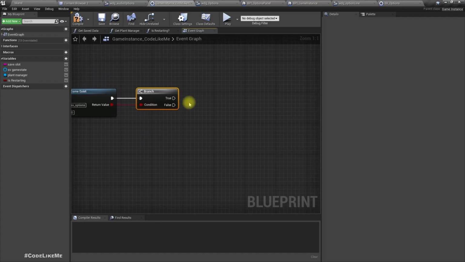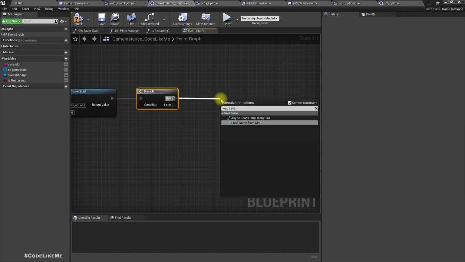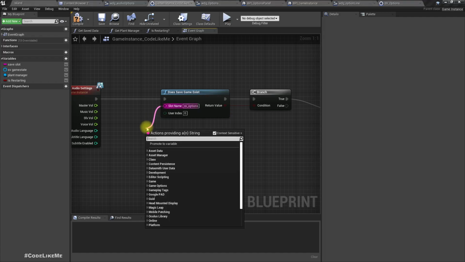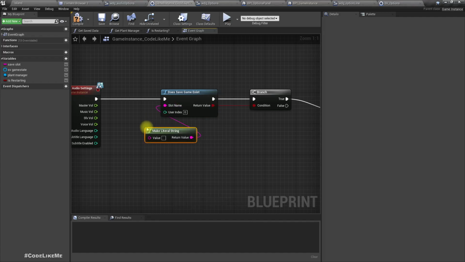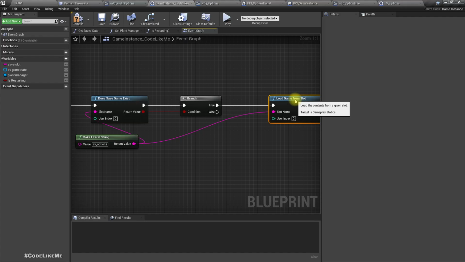If it does, we can simply call load game from slot, and we have to use the same name, so I'll make a literal string SV options. In that way we can prevent mistakes,